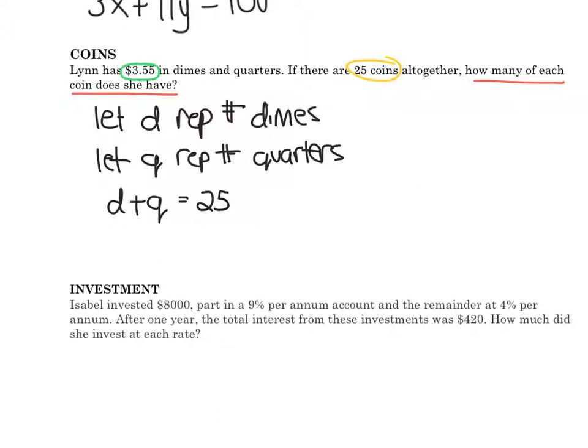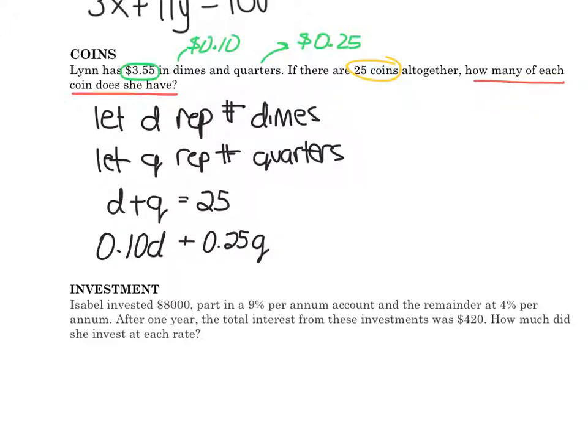Now the next equation is going to come from the value. I have $3.55 in total. I know dimes are worth 10 cents, which in dollars is 0.10, and quarters are worth 25 cents, which is 0.25. If I multiply each value by the number of dimes and the number of quarters and add that up, I will get my total. So dimes are worth 0.10, and when I multiply that by d, I get the dollar value of all the dimes. And when I multiply 0.25 by the number of quarters, q, I get the total dollar value of quarters. And together, that's going to be